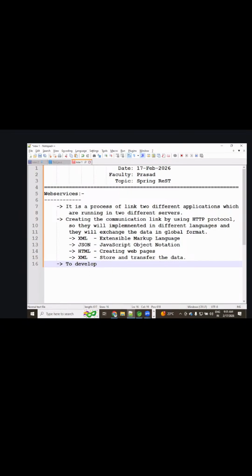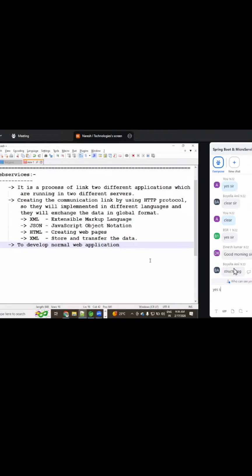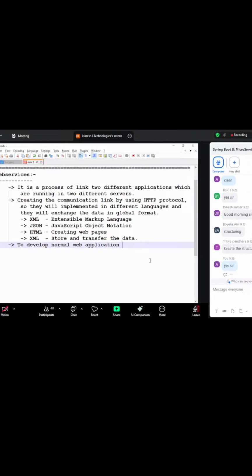To develop a normal web application, I'm coming from scratch, so I'm not yet starting REST in depth. I'm covering the basics. REST is a very big concept, so wait for a few days.